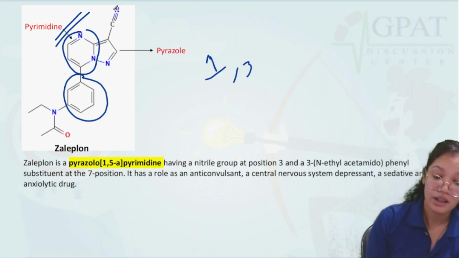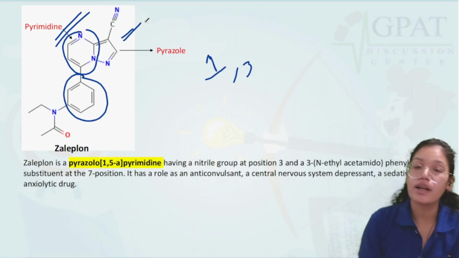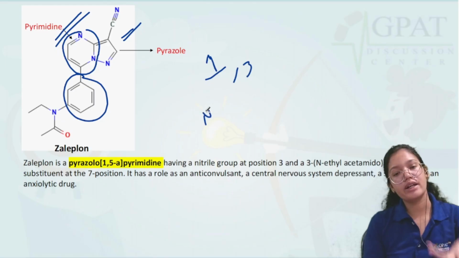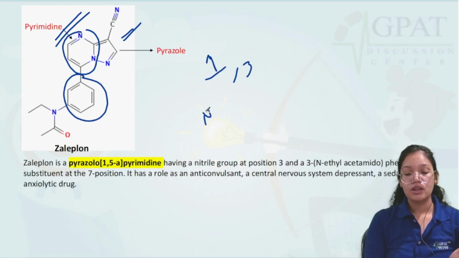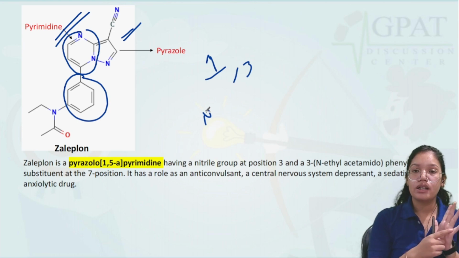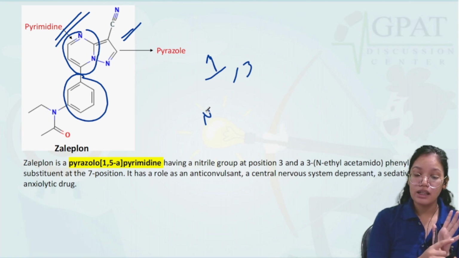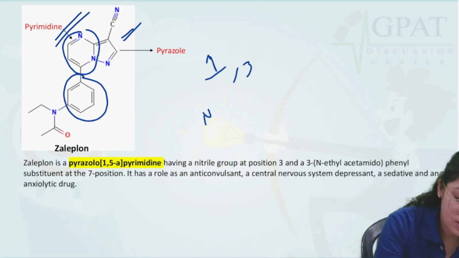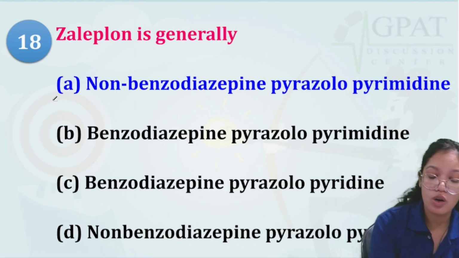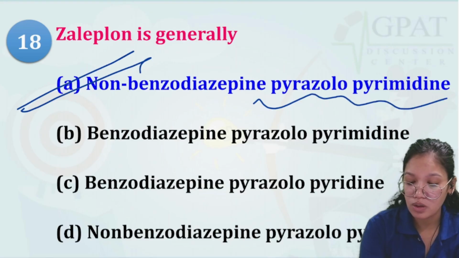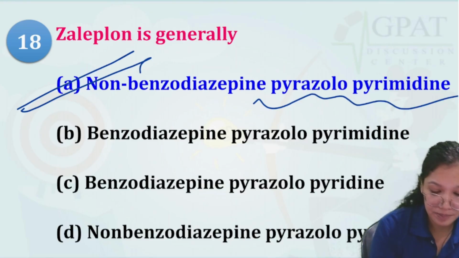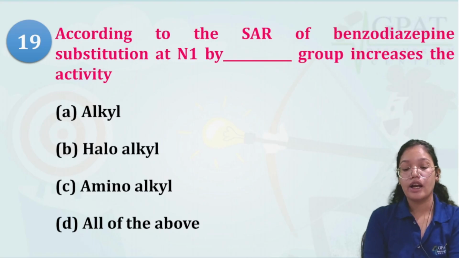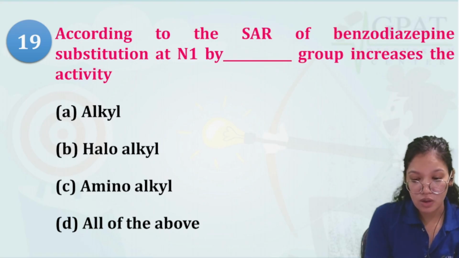Here we have pyrimidine. And the next ring that we have is pyrazole, with two nitrogens at first and second position. That is the pyrazole ring. So we have three rings here. One, it is non-benzodiazepine. Second, it is a pyrimidine. Third, it is a pyrazole. So if you look at the options, it is a non-benzodiazepine pyrazolopyrimidine. So A is the correct answer. Next it says, according to the SAR of benzodiazepine,